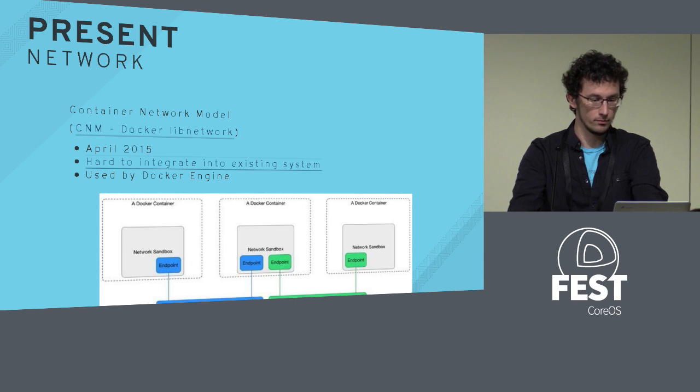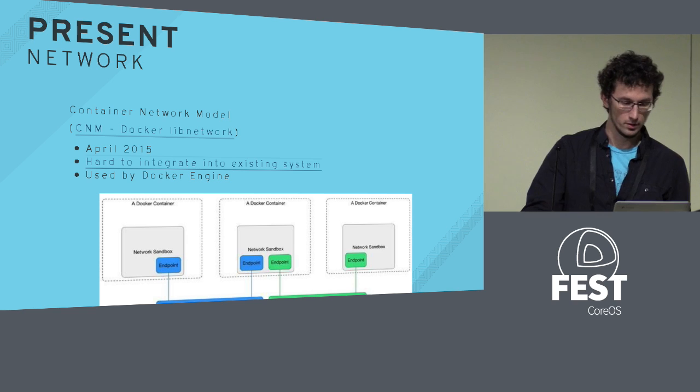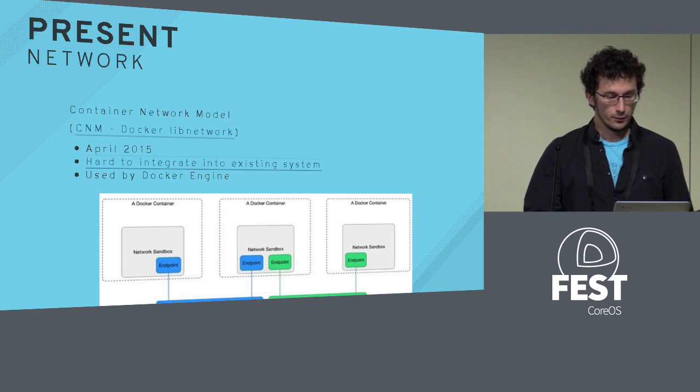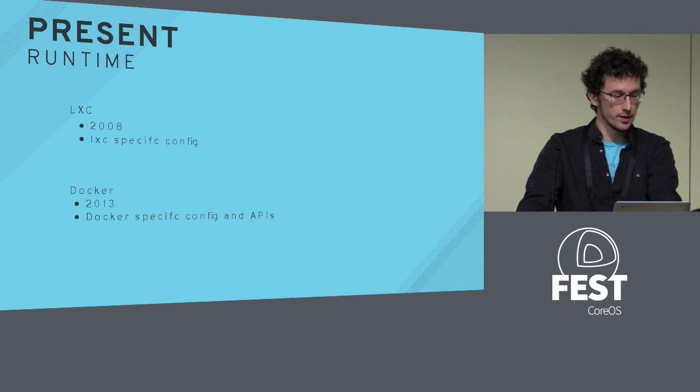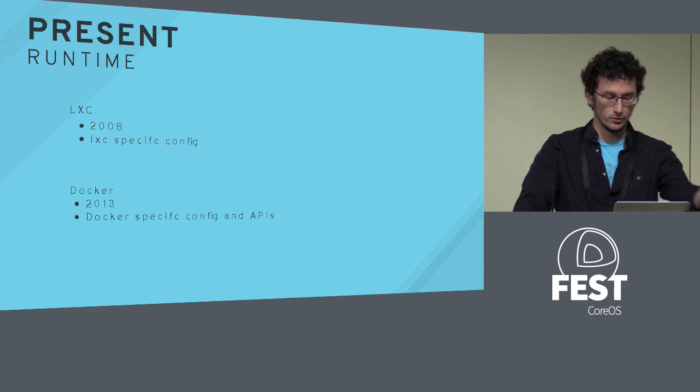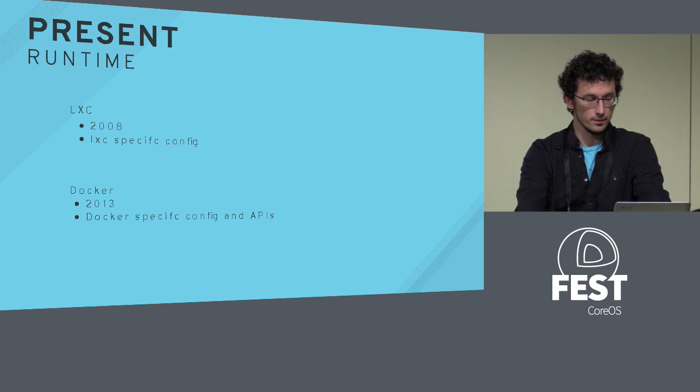And right now this network model has a document, a README up there, and is by and large only used by Docker and plugins that have been written to work with Docker's networking model. So for present runtimes, we've had LXC for a long time. It's still, for quite a long time, very LXC-specific code. Thankfully, it's all very namespaced, so you could put your own logic in there, but it's very LXC-specific. How many folks used LXC back in the day or still do?